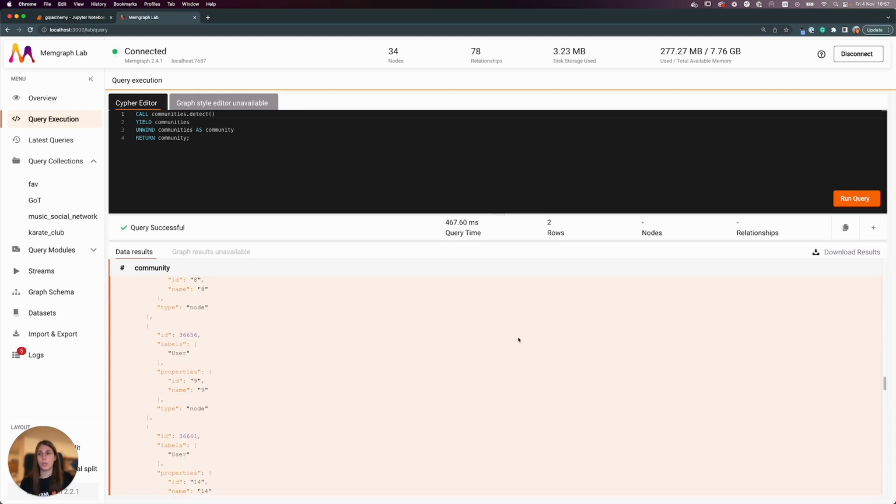So that was an easy way of how to use NetworkX library, your usual Python code inside Memgraph, and just run it with Cypher, just like a simple procedure. So it's nothing complicated, and that way you can stay safe with your own code, with your own NetworkX project. You can share it with others easily because they can also just spin up Memgraph as a Docker image and play with it. Also, if you have a project that needs to be a production-ready application, you need to deploy it,